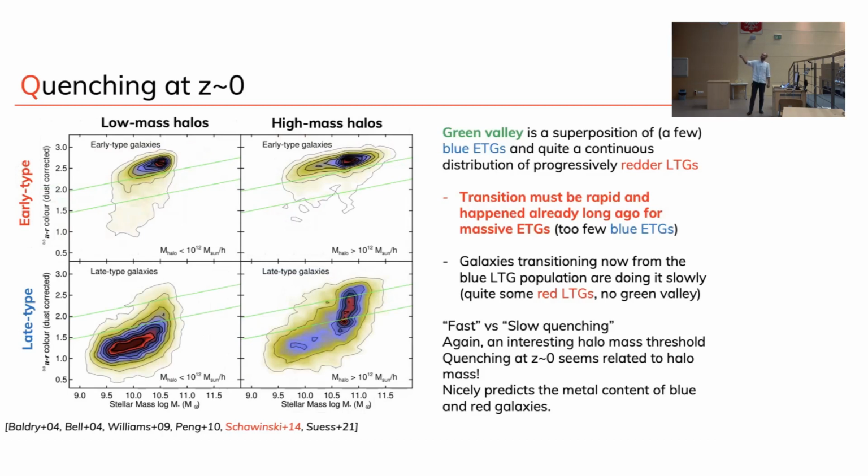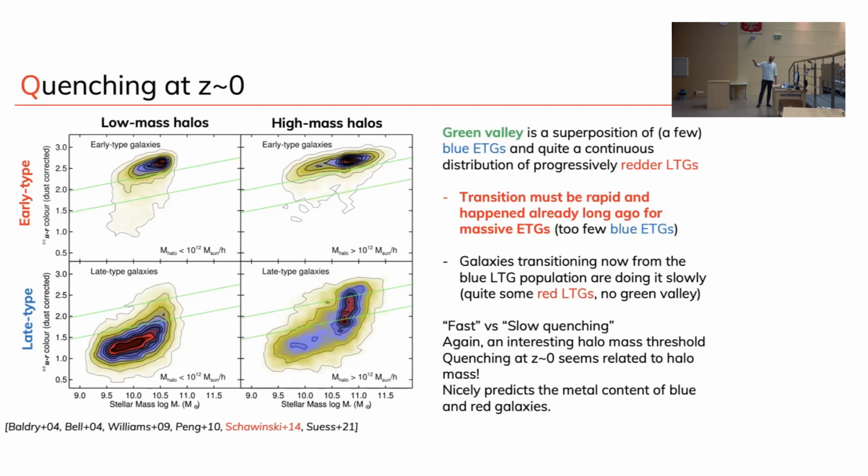And in that sense, you can understand how these two populations are depicting two different kinds of transitions, slow and fast. Early types tend to transition fast, especially these massive ones, which have probably been in the early type for quite some time. They're the first galaxies to quench. We have to find a quenching mechanism that might explain their shape, the fact that they live in massive halos, and the fact that they are pretty compact, at least at high redshift. They grow up a little bit.